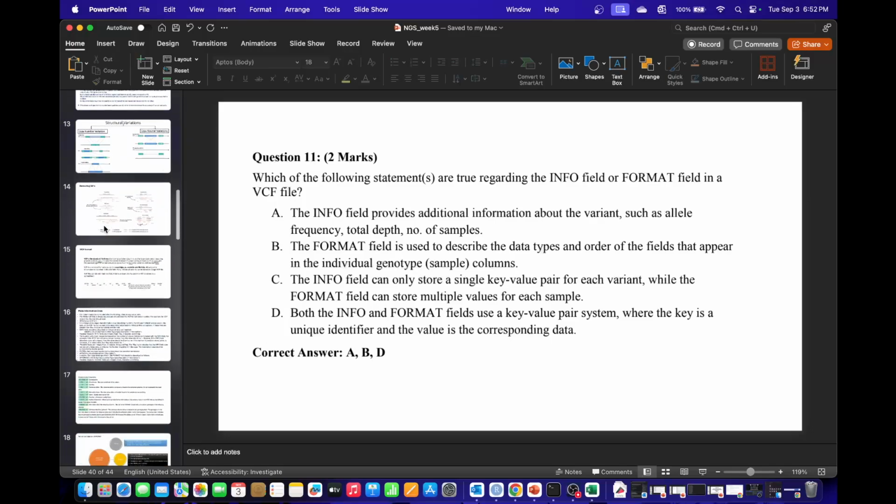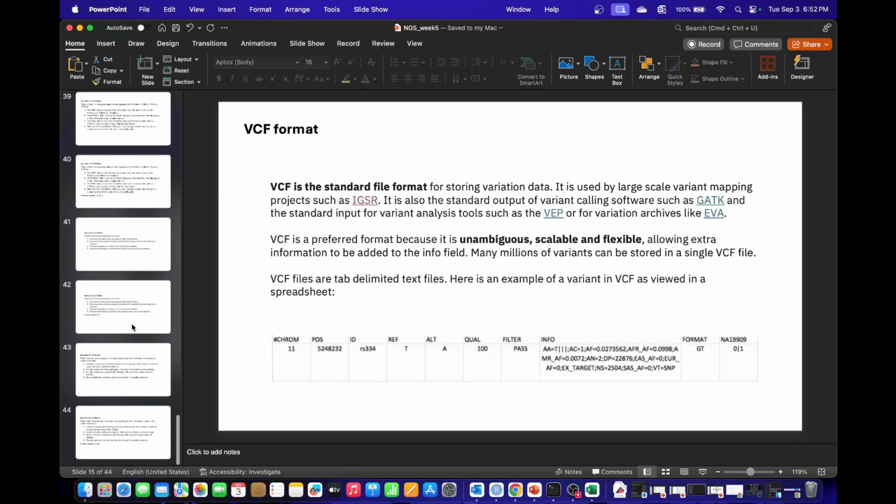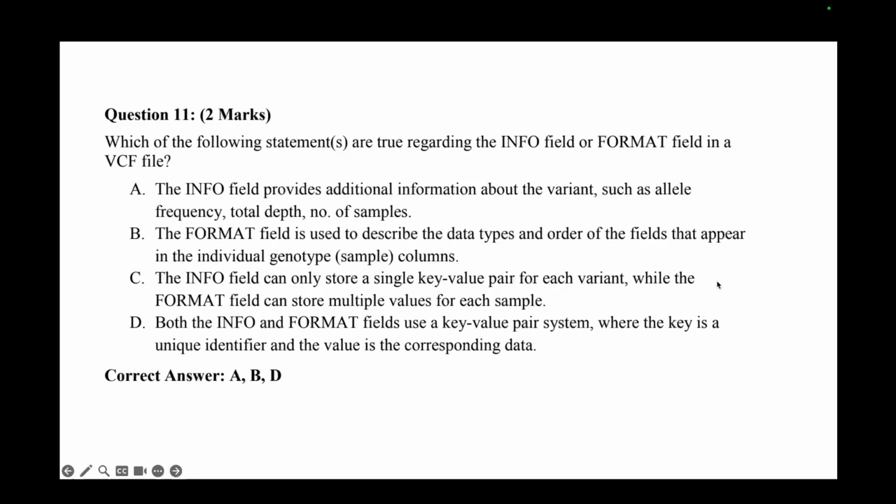let me just go back. Yeah, so FORMAT has this GT identifier. INFO will have these AC, AF kind of small notations as identifiers. So both will use these identifiers. So the incorrect option here is that the INFO field can store only a single key value, which is not the case. You can store multiple different keys, different types of frequencies, different types of other information as well. So yeah, the options are A, B, and